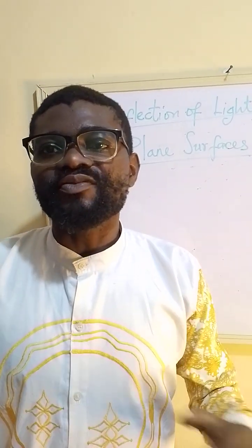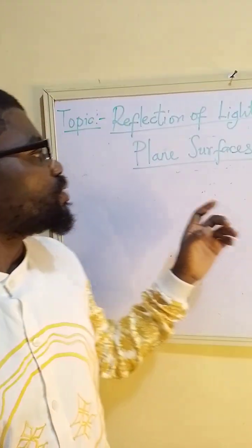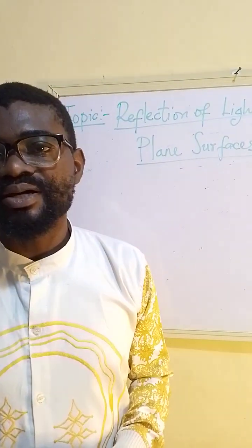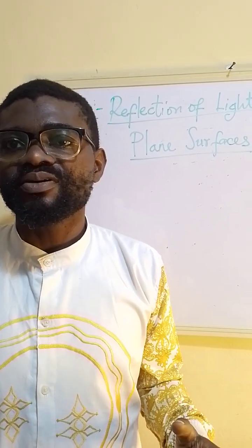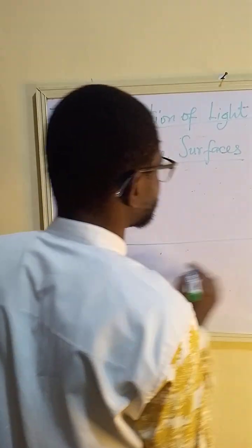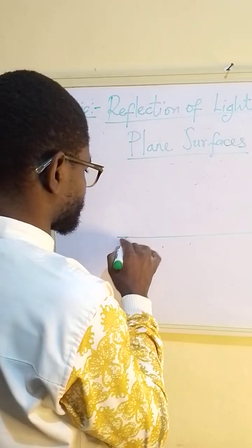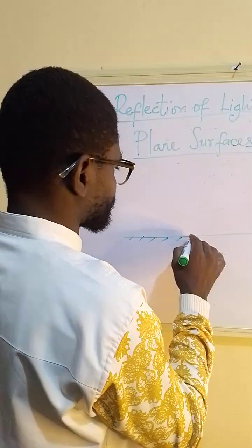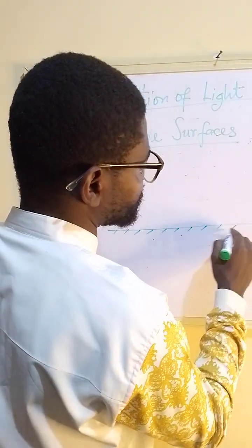Plane surfaces. What's a plane surface? A plane surface is a flat, smooth, and reflective surface, which when light is incident on it, can reflect the light back into the same medium. It is not curved, it is flat in shape. Now, when you look at the plane mirror, which you can also say in terms of a plane surface,